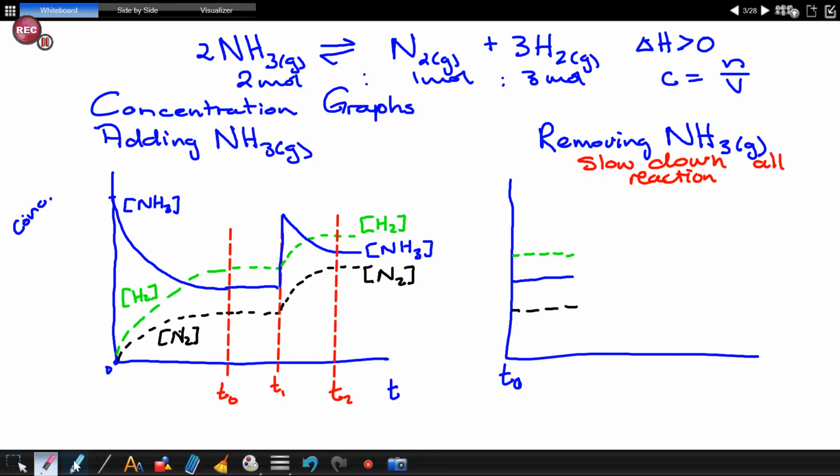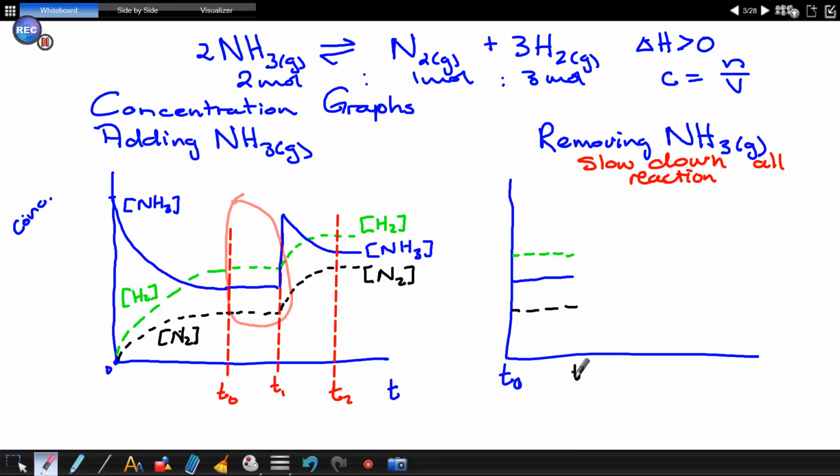No, I'm starting from here, because of the graph. Where equilibrium is. You can copy that if you want to. This is at equilibrium. So this is from T0 to